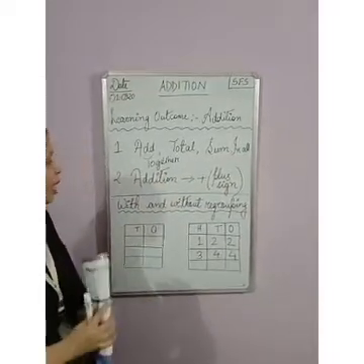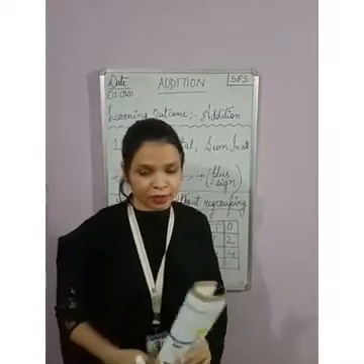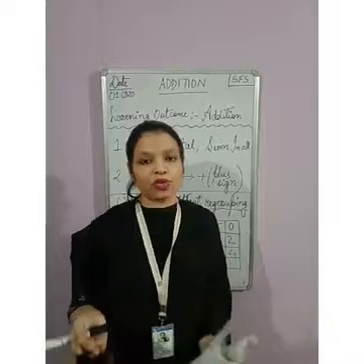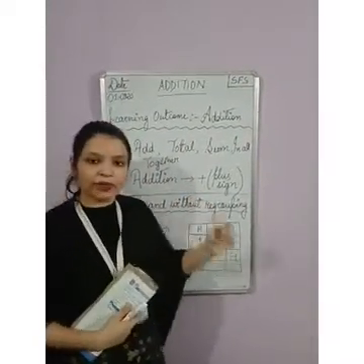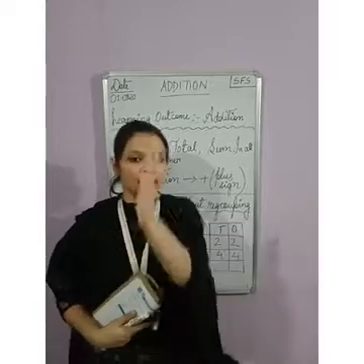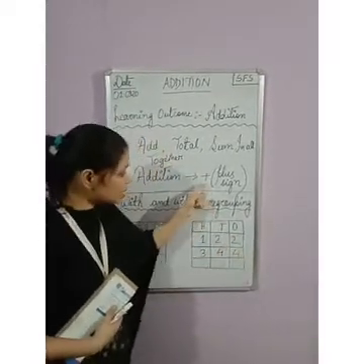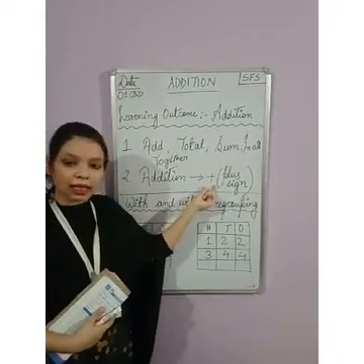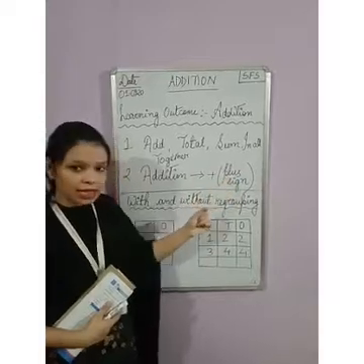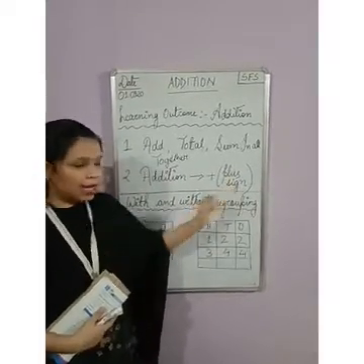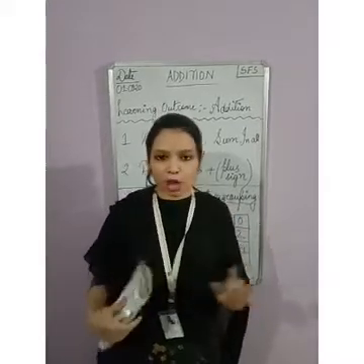Okay children. Now when we add the numbers, there is one sign. What is the name of the sign? The sign looks in this way: one horizontal line and one vertical line passing through the middle of the line. This sign is known as the plus sign. P-L-U-S, plus sign, S-I-G-N, sign. So this is the main introduction of the topic.